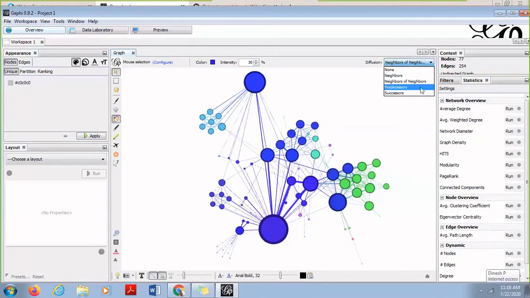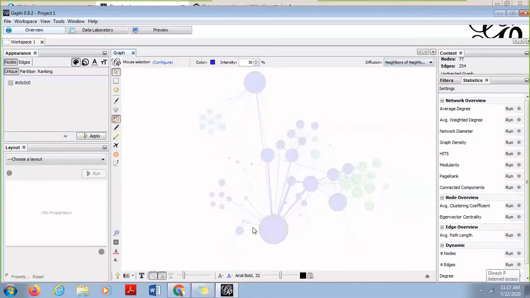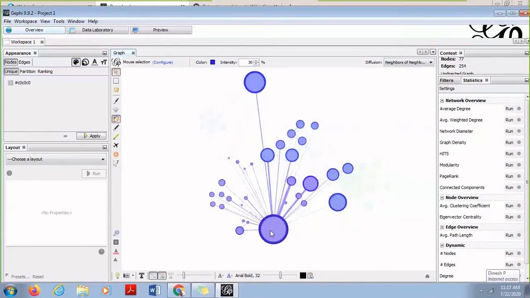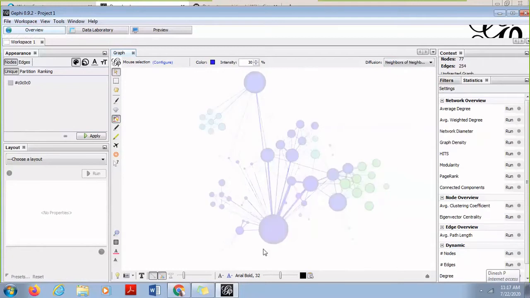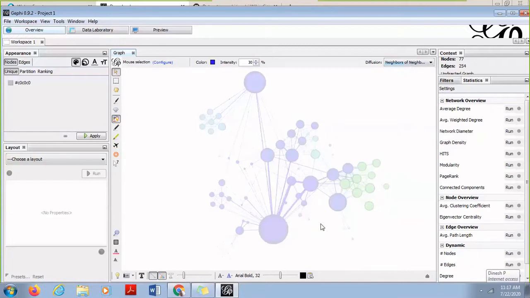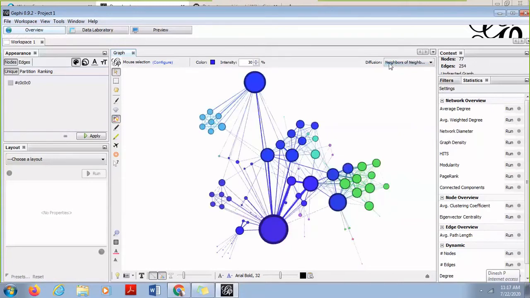Then there is the option of coloring predecessors, successors, and so on. So this coloring combination can also be applied depending on what you are trying to look for. Let's say if I want to find out which are the neighbors of this node, rather than identifying one by one, I can just select this option, give a color, and I will be able to find out the neighbors. If I want to find neighbors of neighbors, I can do that also. Select the option and coloring so that I will be able to retrieve those nodes which are neighbor to neighbor.